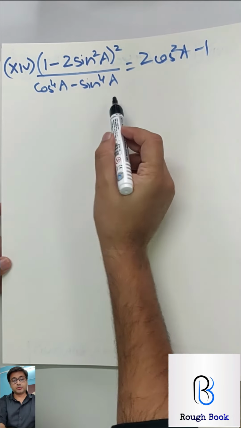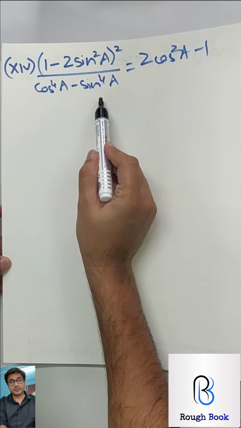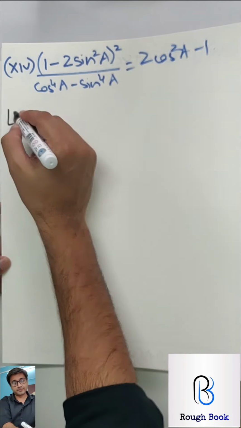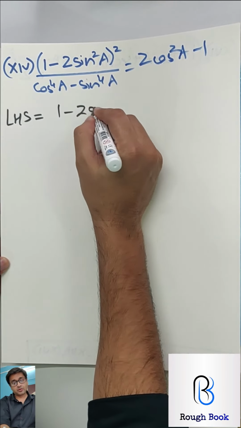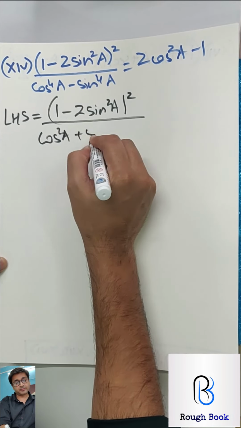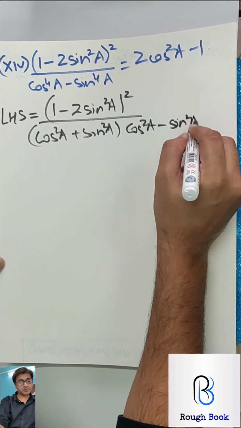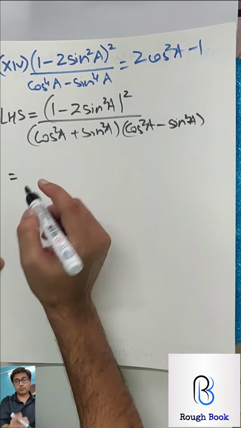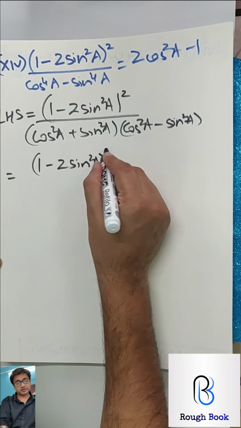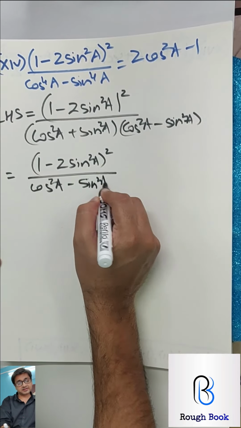So in part 14, begin with the LHS and that will help you to reach here. I think the first part you can start over here is the denominator, where you can take this as cos square plus sin square, cos square minus sin square. So let's hit it and check. 1 minus 2 sin square A, the whole square. Denominator will be a square plus b square and a square minus b square. So your a square plus b square will become 1, that is cos square minus sin square. This will become 1. So what is left is cos square A minus sin square A.